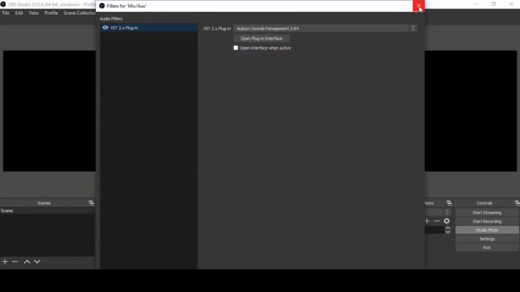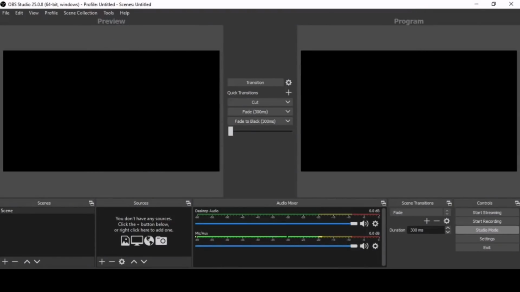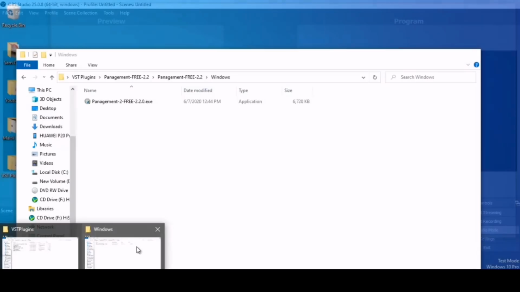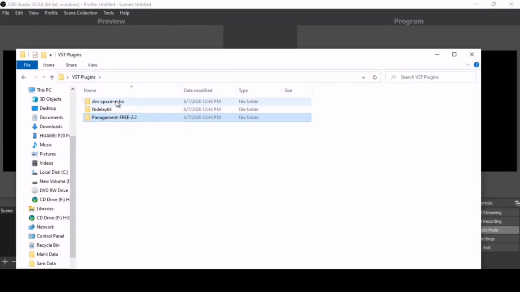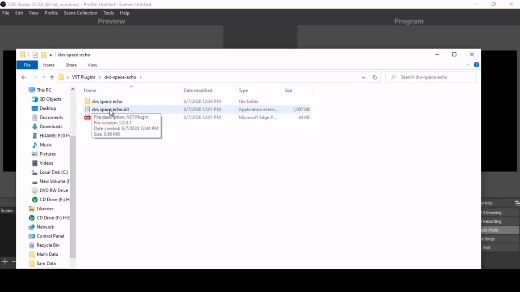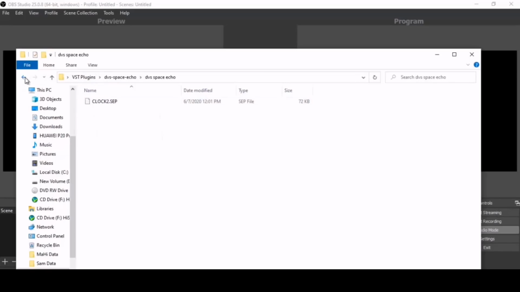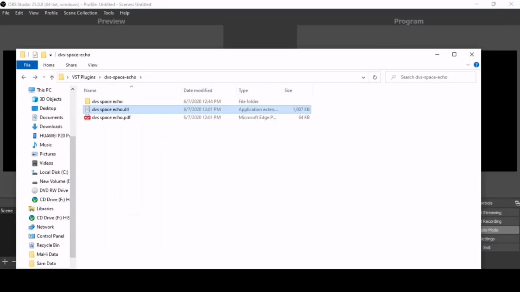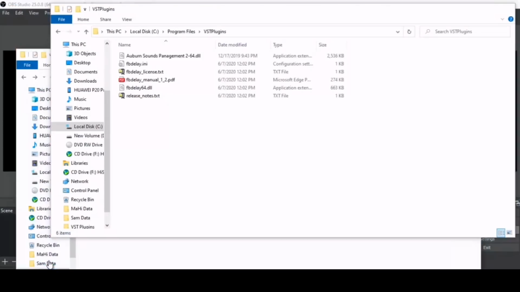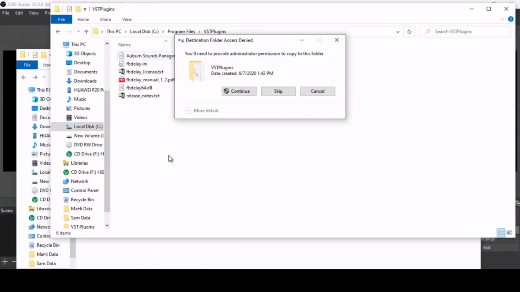We will close it. Okay, and there is one more plugin that we can install. Here is one DLL file. Let me copy this DLL file and paste it in this plugin folder.